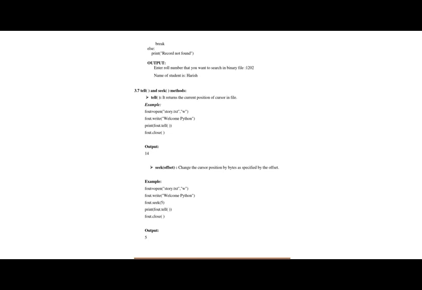Just enter the roll number that you want to search in a binary file. Print name of a student is, then break if you find the name and record. If the record does not exist, then it will say record not found. Suppose you want to search the name Harish. It asks for roll number, and then it will say name of student is